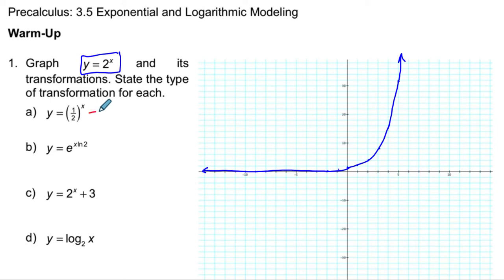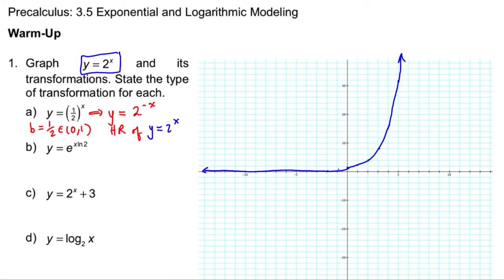In the next case, we have y equals 1/2, or 2 to the negative 1, all to the x. So we can see that this 1/2 to the x, which has a base of 1/2, which is between 0 and 1, and therefore leads to exponential decay, can also be seen as a horizontal reflection of y equals 2 to the x. In other words, every point on the y equals 2 to the x graph